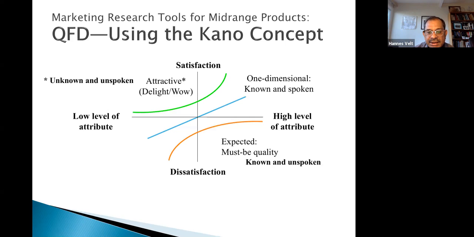The orange line is called the must be quality. You can see that the property of the must be quality is that if you have it, it doesn't add much to satisfaction. But if you don't have it, then it's a huge negative. So this is what we call expected or must be quality. That is, the customer knows what they want, but they don't necessarily tell you, because they take it for granted that you must know how